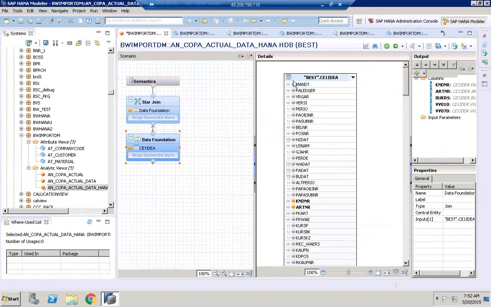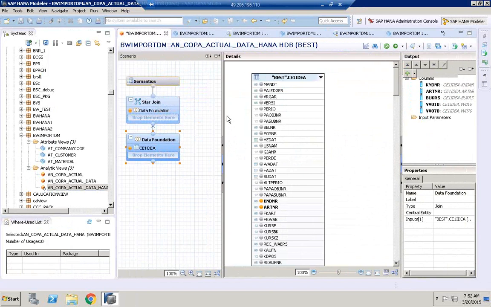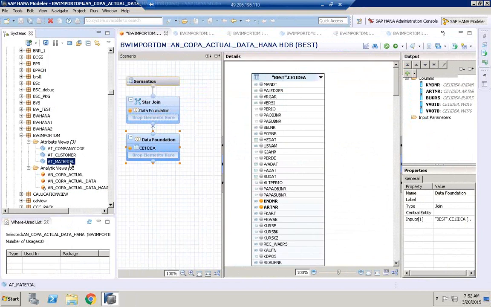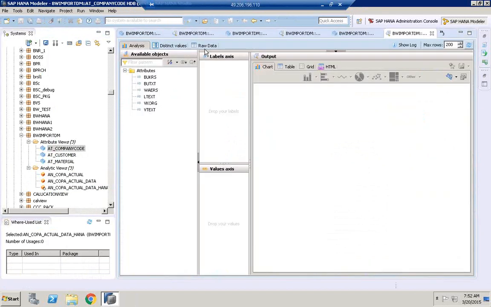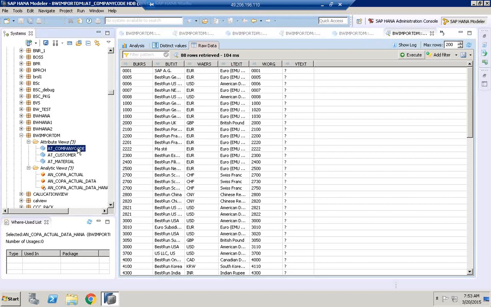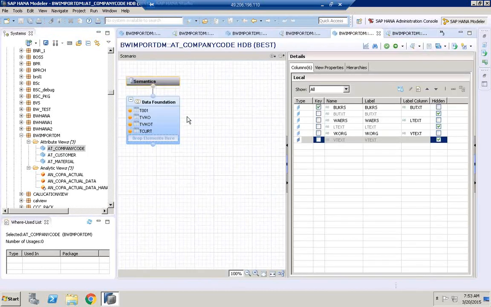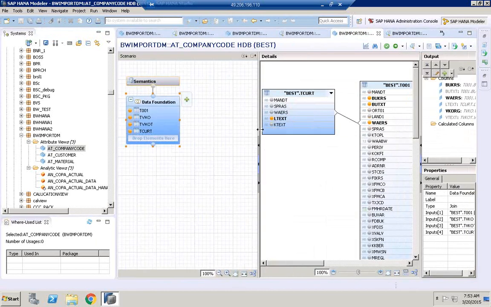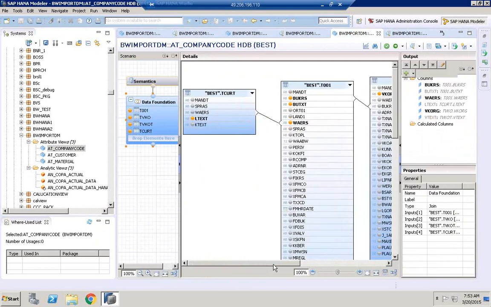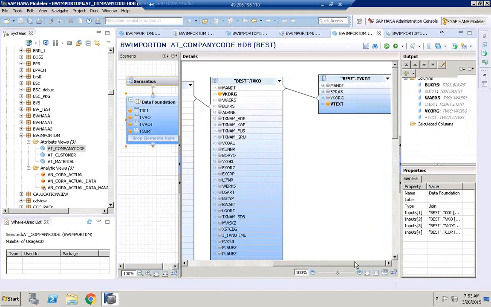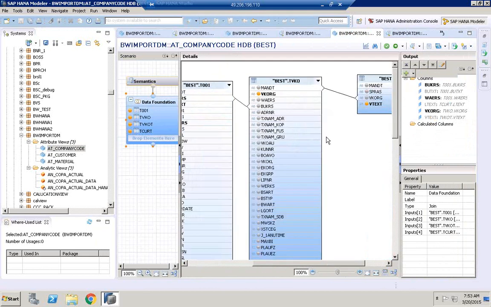Okay, thank you everyone for your patience to bear with me to create. Okay, so now once we created all these three attribute views, customer, material, and company code, just 1 second please. Okay, so once we actually created